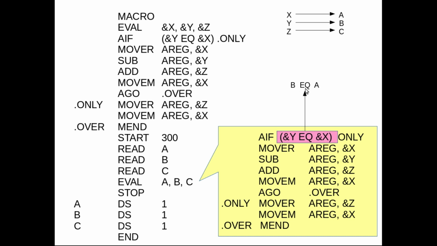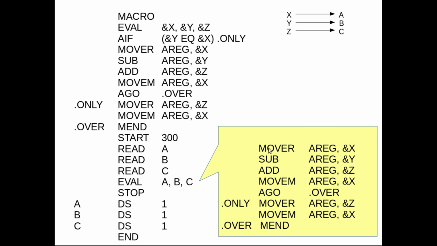So we are not looking at the value of b or the value of a, we are just looking at the two strings, and we want to check whether this string is equal to this string or not. And obviously they are not equal, so this evaluates to false. Only when it evaluates to true will we go to the sequencing symbol, but here it evaluates to false, so we will go to the next line. And that completes the processing of the if statement. So the if statement is done.